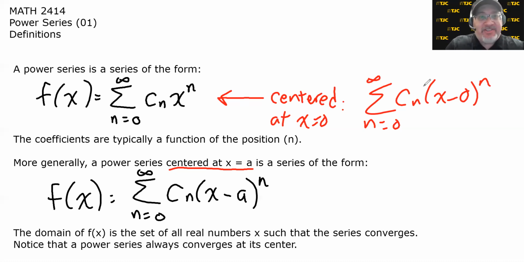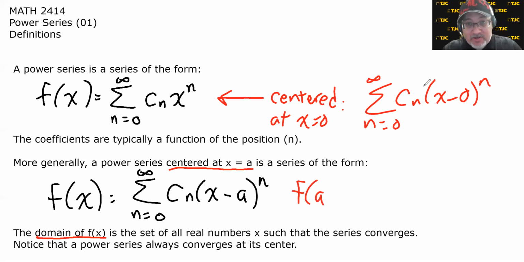Now, since these functions are defined as an infinite series, there is an issue of whether or not the function will converge, or rather the series will converge. But since we're putting in different values for x, we can always ask the question, will the series converge or diverge for a particular x value? As a consequence of that, the domain of these functions is defined to be the set of all real numbers such that the series converges. And it's worth noting that a power series will always converge at its center. In other words, if I put the center into the function,